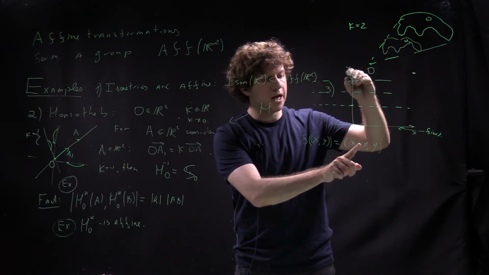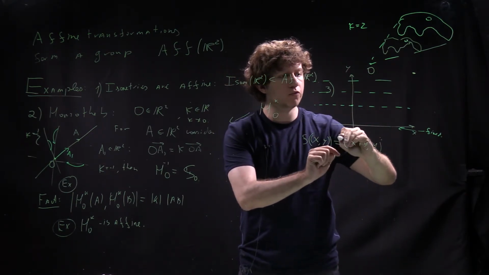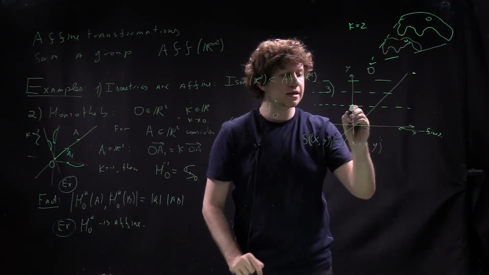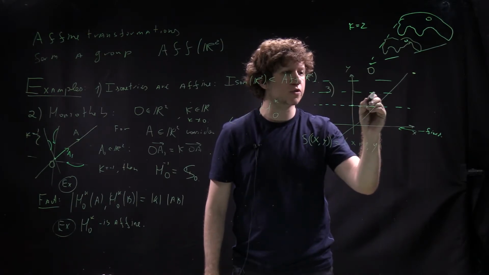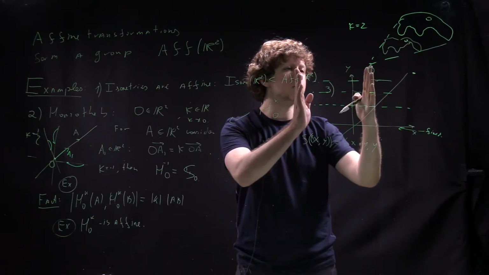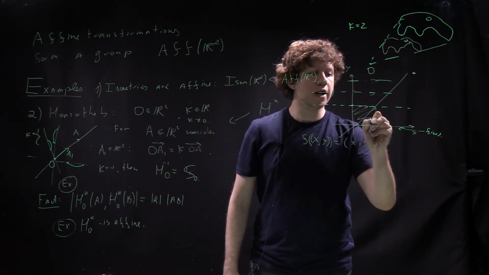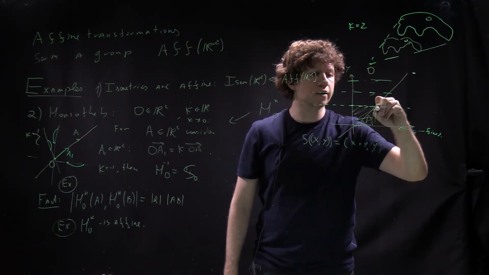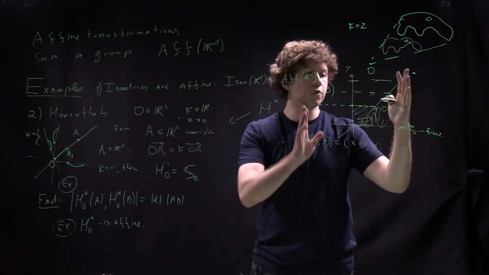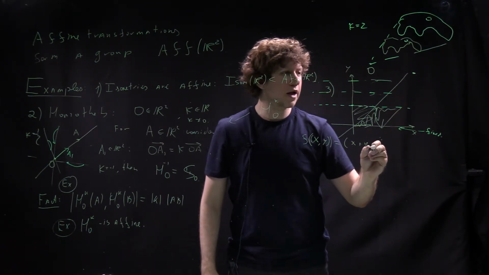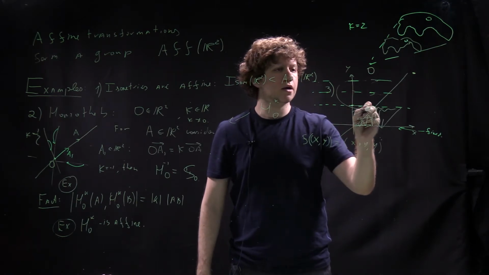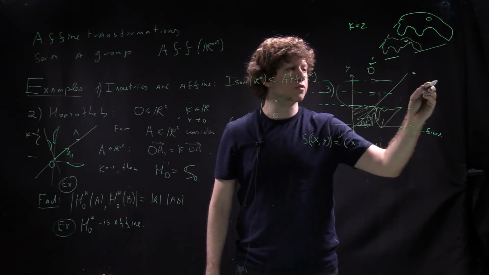The line with x equal to 0 will move to this line. Basically this point will go here, this point will go here, this point will go here. So you kind of boost everything. If you take this square, for instance, this will go to a parallelogram like this. So everything is shifted. And for instance, if you take an elephant here, it will go to some kind of